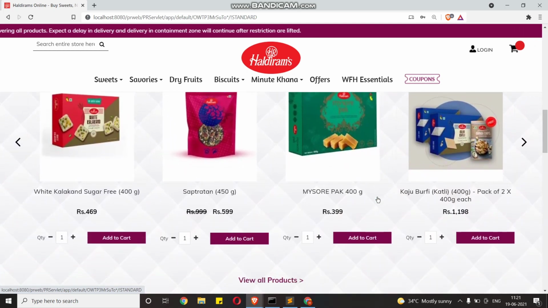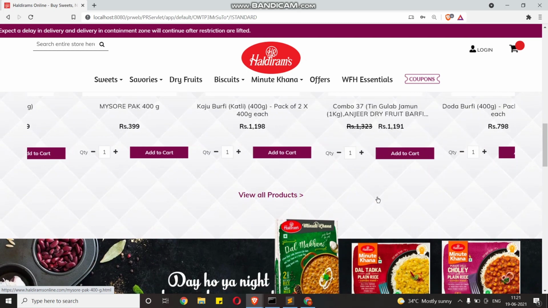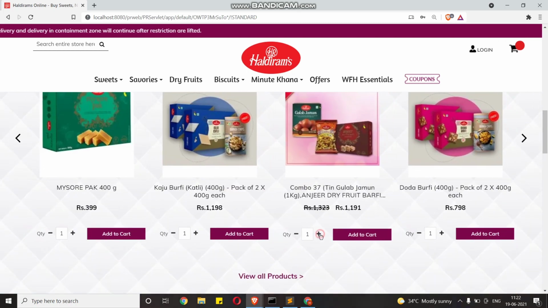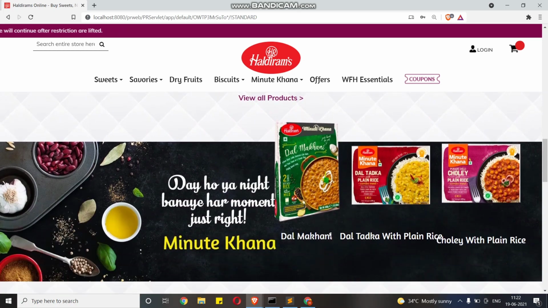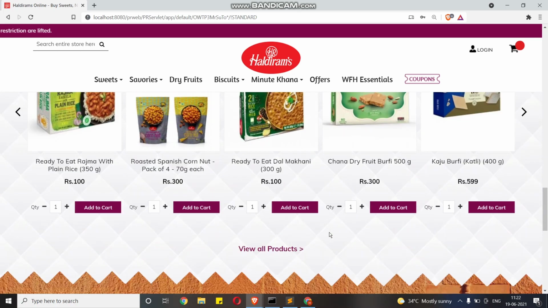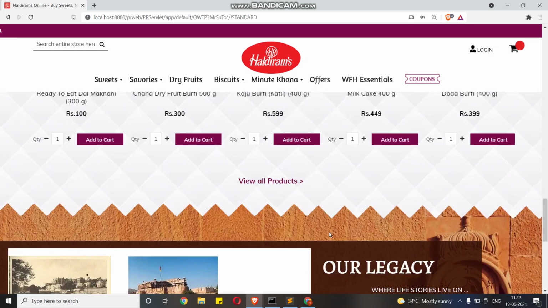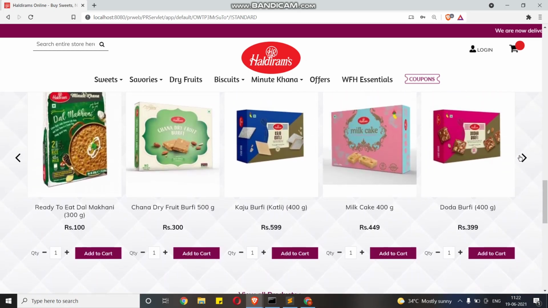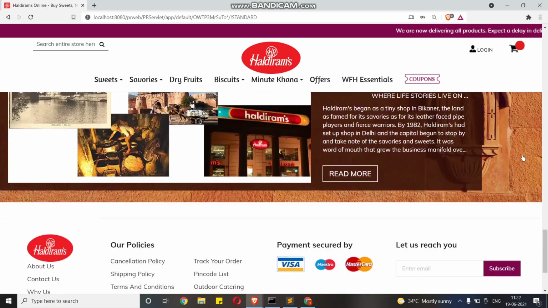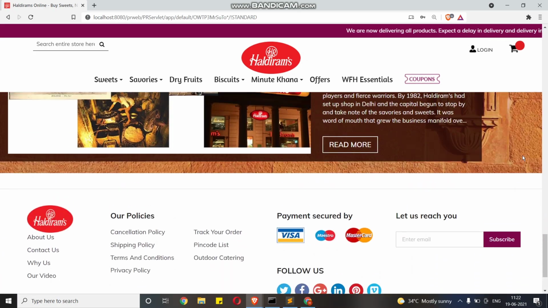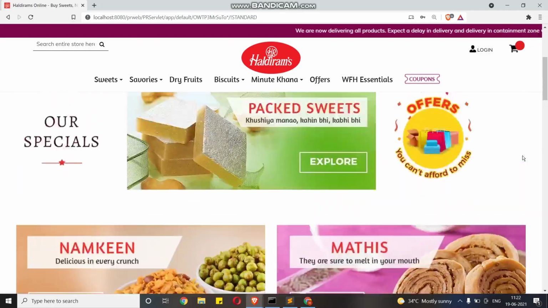So this is the Pega web login page, which displays various things that are available on the website, from which the user can scroll down and see what items are available here, and he can use all those features which are available on a ready-made website easily available on Pega.